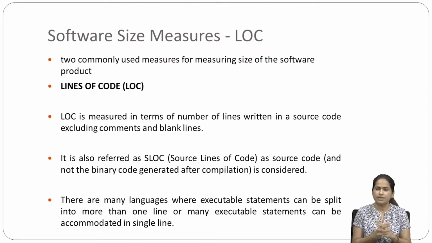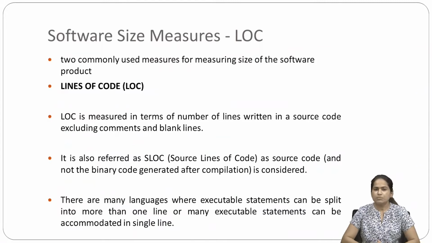Now for software size measurement we have two types of attributes. First one is LOC, and second one is FP. LOC stands for lines of code and FP stands for function point. Now what do we have in LOC? When we are talking about LOC, as the name suggests, it is lines of code. It means the number of lines of code we have in our overall software. Now let us see what is given to us for the point of discussion.